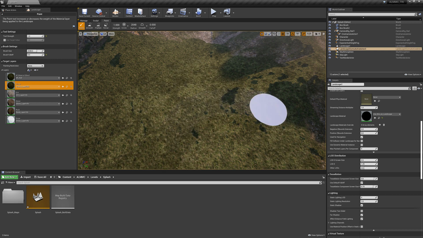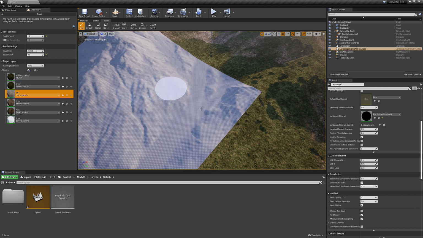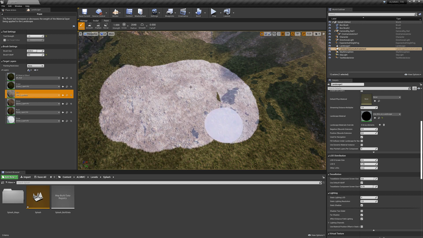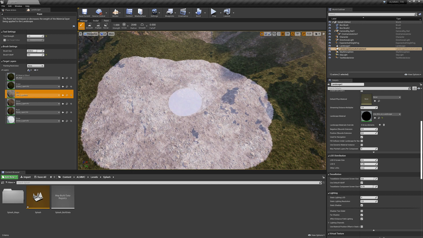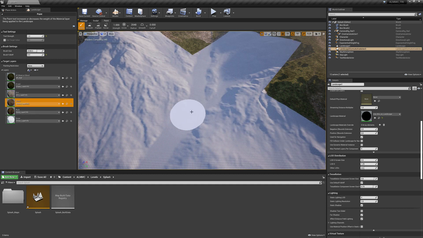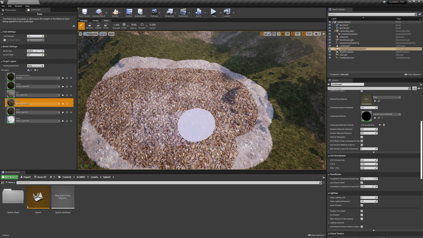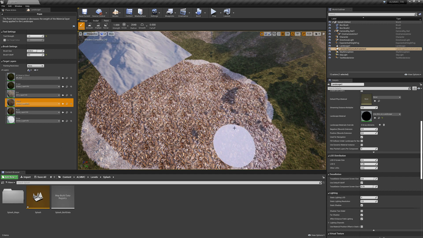Alright, so next one we have dirt. It'll have to build out that tile for those materials. But now we can put in our dirt here. We can also do our stone, same thing. We'll have to build that out. That's just what Unreal has to do to get things to work. And as you can see there,